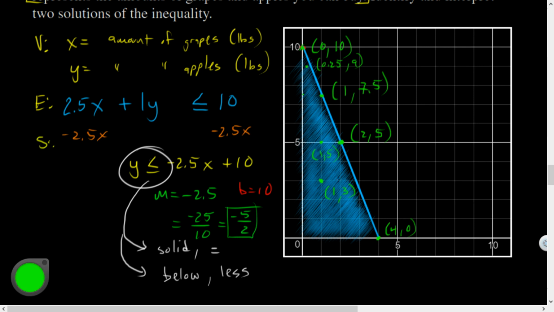So yeah, that's okay. Yeah, I can have fractional amounts. Now, if the question was about number of people, then I wouldn't want only a quarter of a person. That'd be weird. But since these are pounds of apples and grapes, we can have decimal portions that count. So all of these are possible combinations of